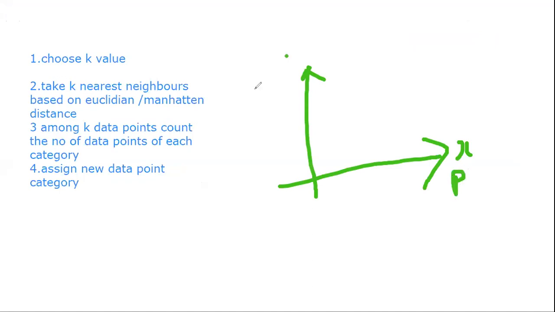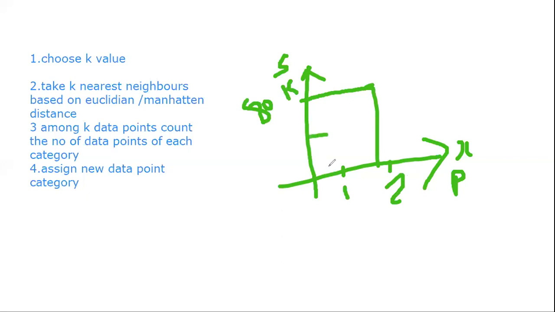For position 1 we have some amount of salary, and for position 2 we have some amount of salary, say some 80k salary for one and some 20k for the other.